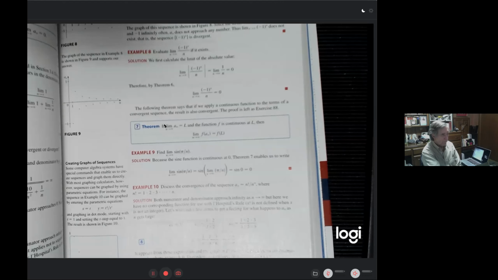Okay, now the next theorem is very important for us because it talks about continuous functions, and what we have is a composition. This is actually a composition of two functions. One of them is a sequence, but a sequence is a function. And so